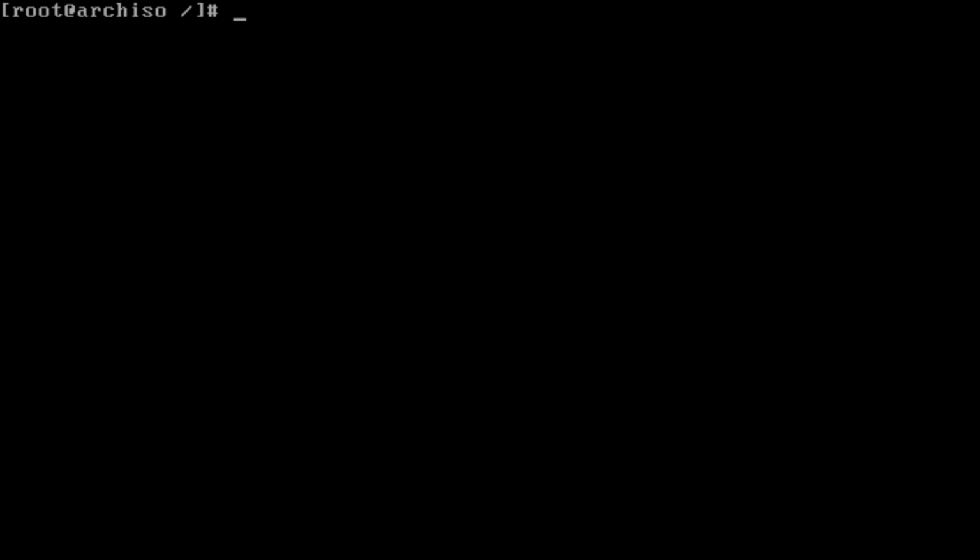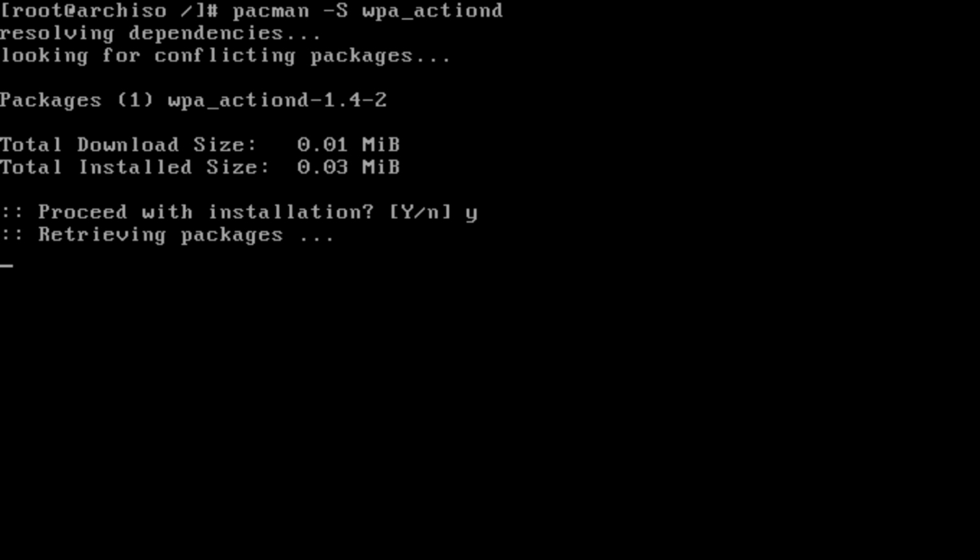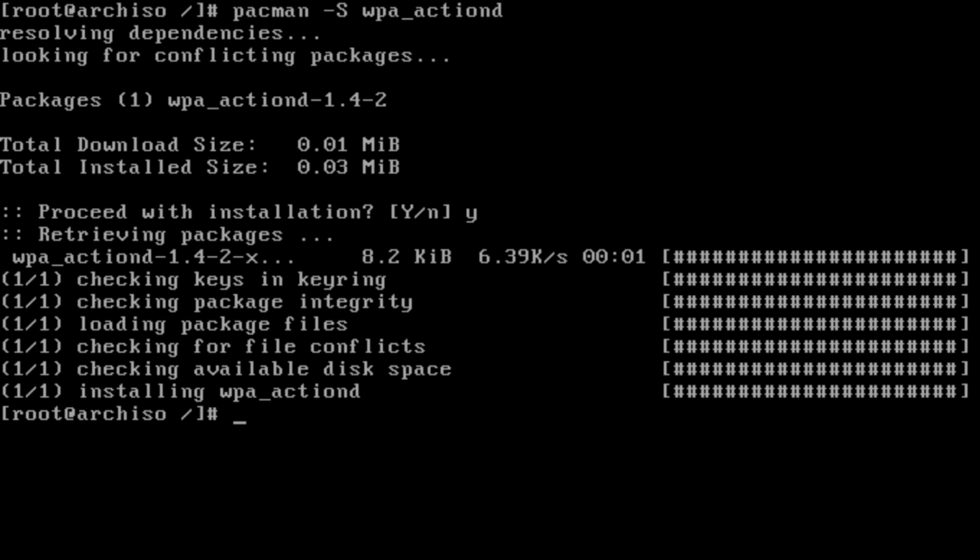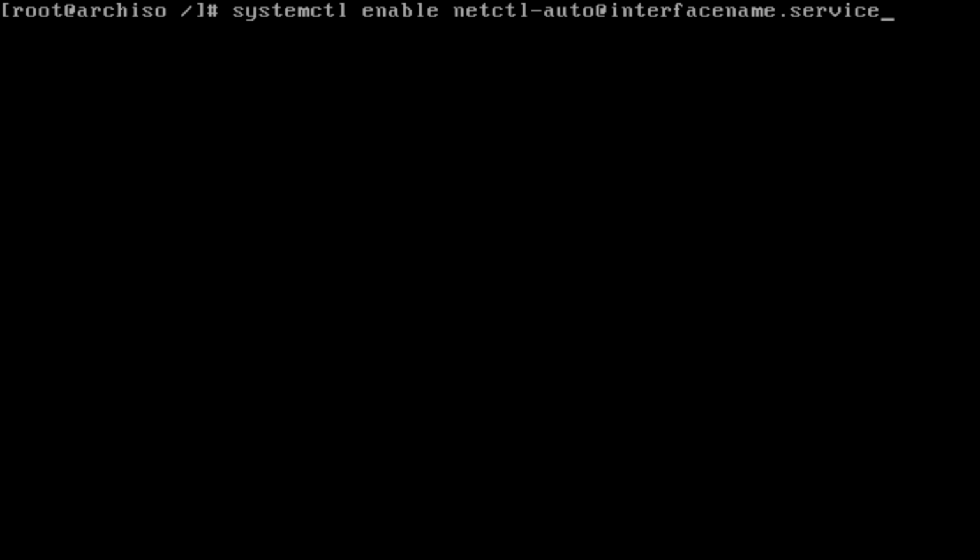So there's different things with network. That's what I do recommend. One thing, if you want to connect automatically to known networks, this is what you can install, which is wpa_actiond, and this is one thing you can install that will automatically connect you to known Wi-Fi networks. This is very simple. So right after you're done with pacman -S wpa_actiond, the command you use